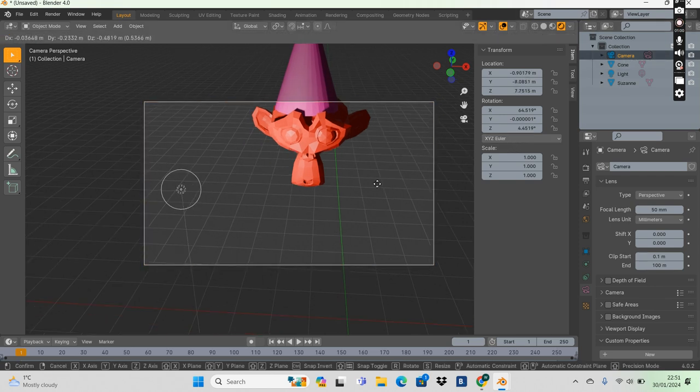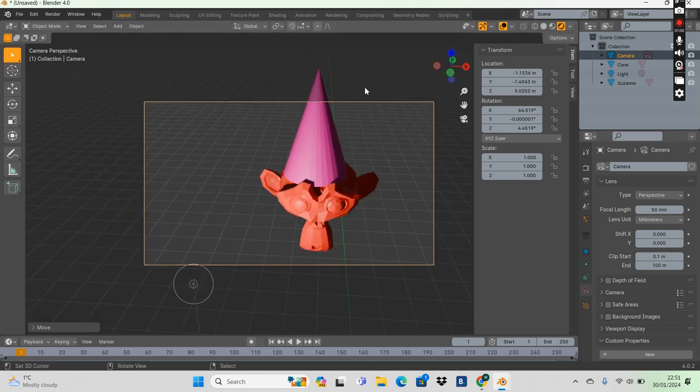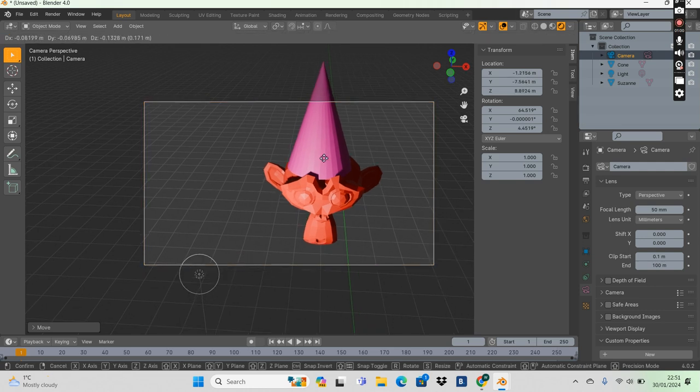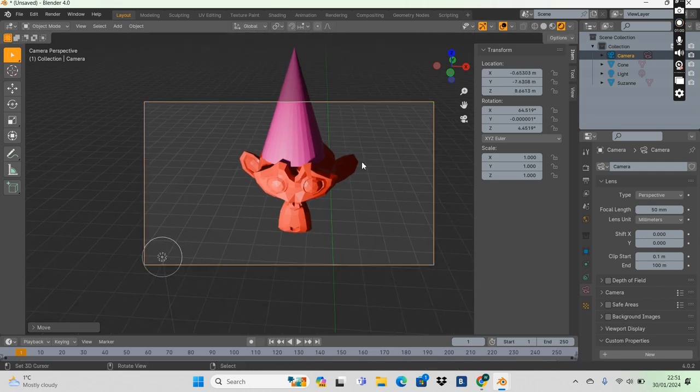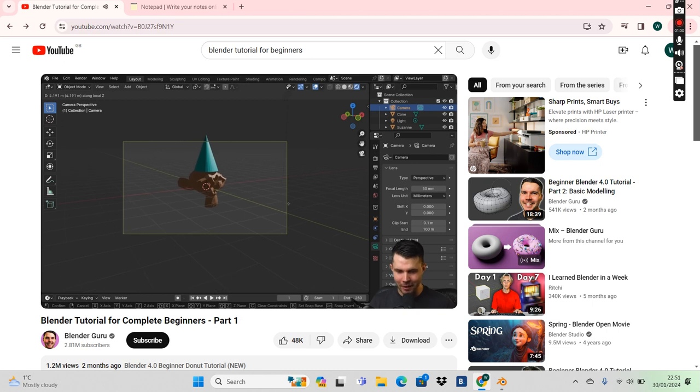G and middle mouse. Okay. It's a little awkward, the way Blender handles the camera. But anyway, just move that out, and then I gotta rotate it. All right, so I'm gonna